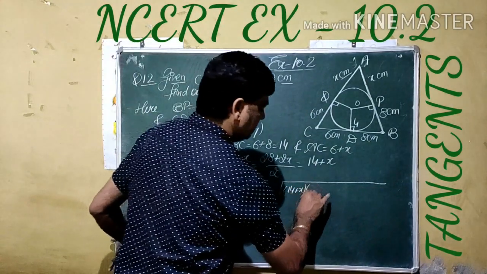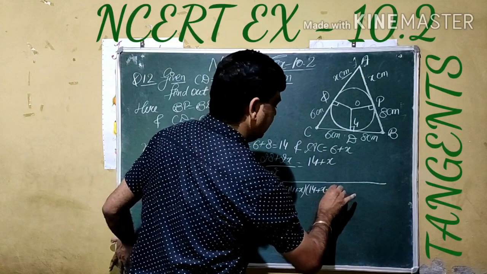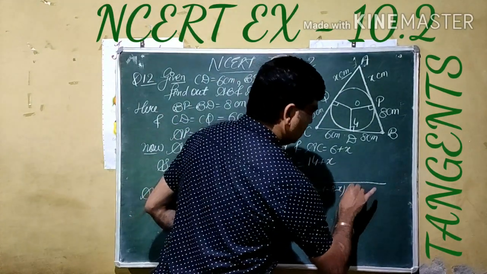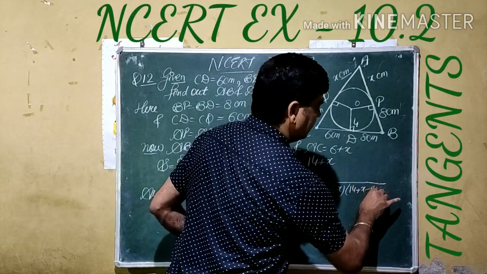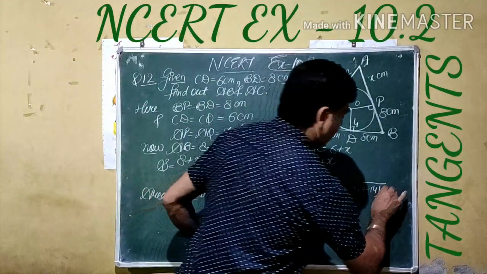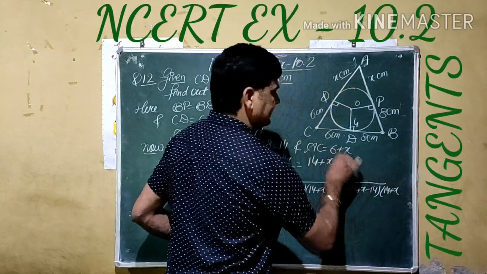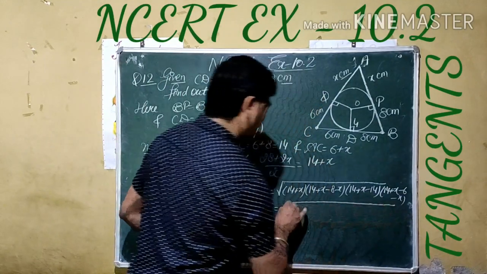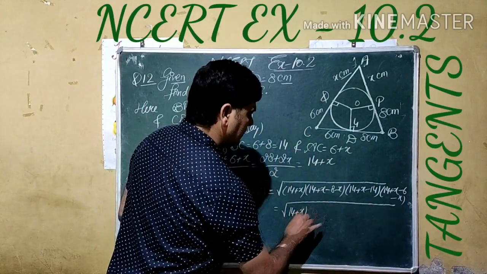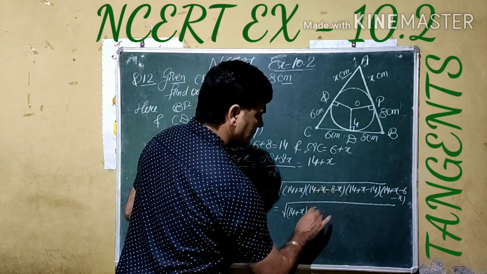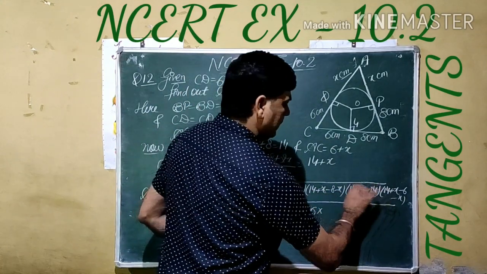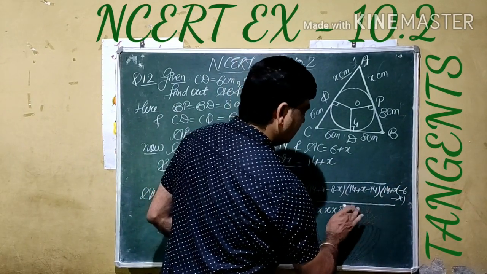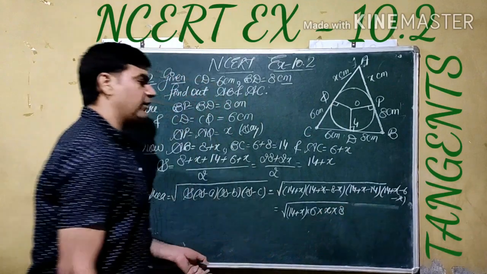S minus first side means minus, this sign change. Next, S minus second side, that is our 14. S is 14 plus X, minus the third side, sign change, minus 6 minus X. If we simplify, we get this one overall. 14 plus X, from here X cancels out, 6 from here, 14 cancels out, only X, from here X cancels out, we get 8. So this value we get from one of the Heron's formula.